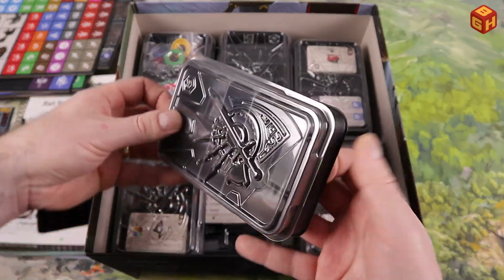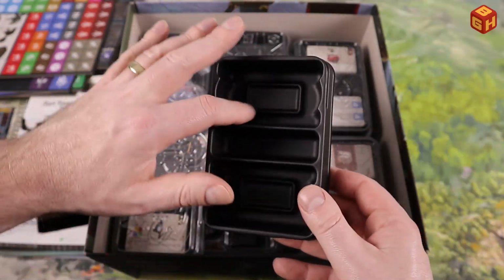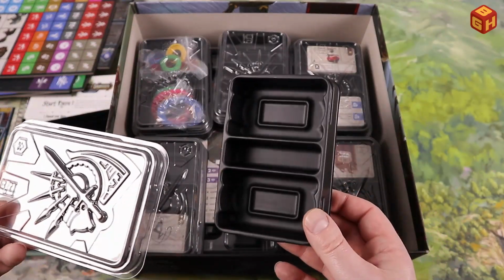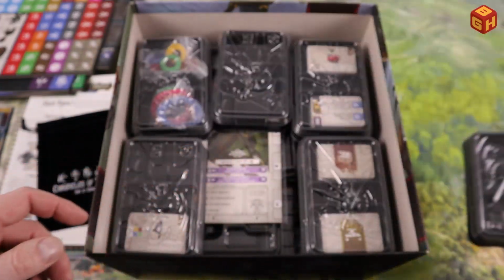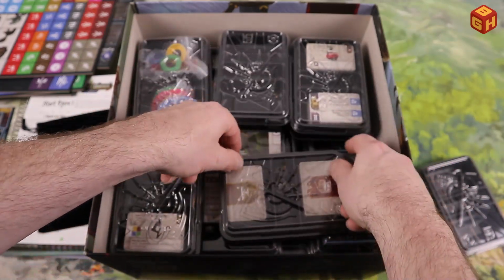This one is empty, but to give you an idea, they click together. You can put cards here, tokens or dice or whatever you need in the middle there, and then you just click that shut and that'll stay closed. So that's really cool. You get a whole bunch of those, 6 of those, and they put all the components